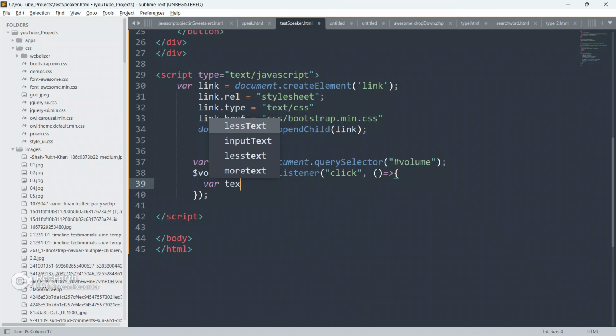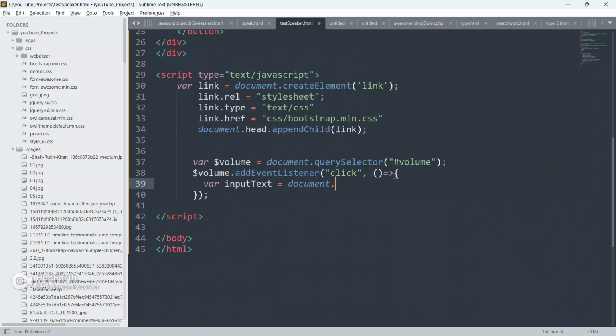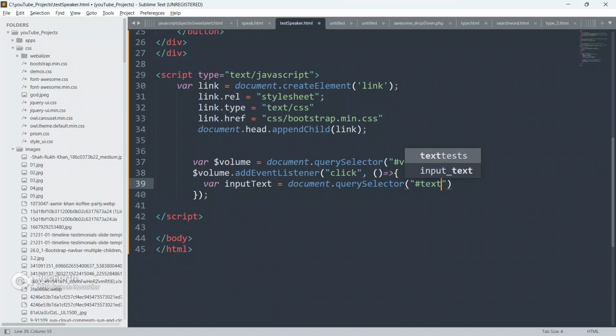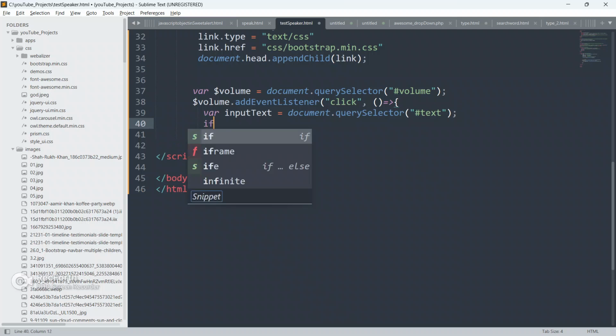Create a var, give it a variable name, inputText, equal to document dot querySelector, give a hash and put this. Now, guys, we are going to check if the user has given something into the text area or not.